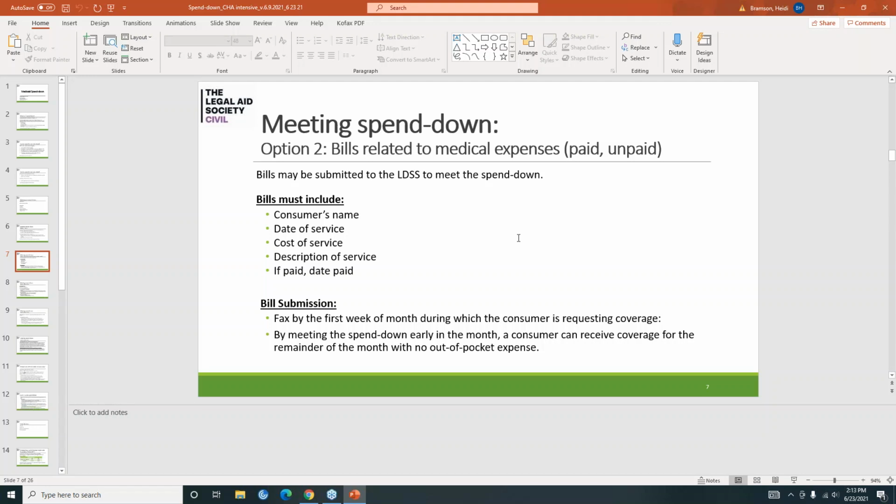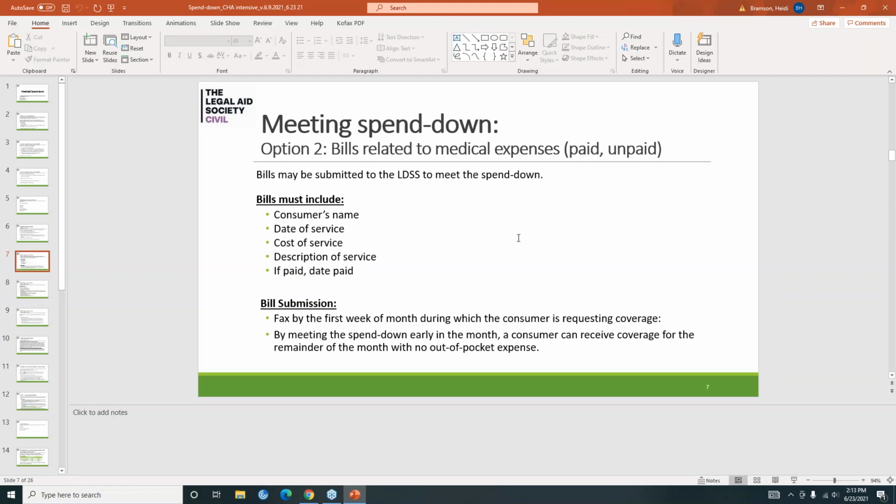So the bills may be submitted to the local district to meet the spend down. The bills have to include the consumer's name, the date of service, the cost of service, what service it is that the consumer got, and, if it is paid, the date that it was paid. The bill has to be faxed in by the first week of the month during which the consumer is requesting coverage.